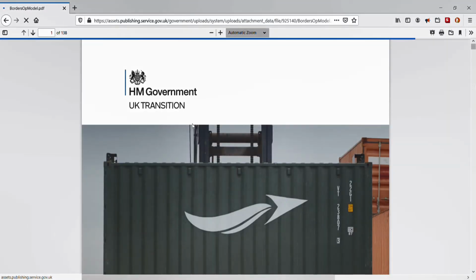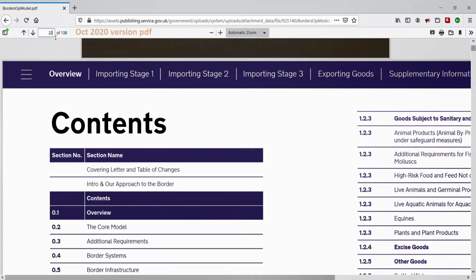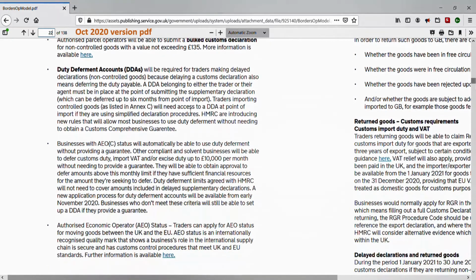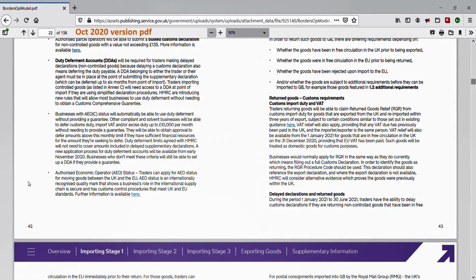Fab. This border operating model is yet another feat of achievement from the UK government. The first iteration, published on the 13th of July 2020, contained the core model. This second version, in PDF format, is 138 mostly landscaped A4 sheets, with 2 pages per sheet. We can't use the given page numbers to search for pages, but that's fine, it doesn't slow us down. This download contains the core model, but also we see what's new and changed from the 13th of July. It's packed with information about the UK border with the European Union.